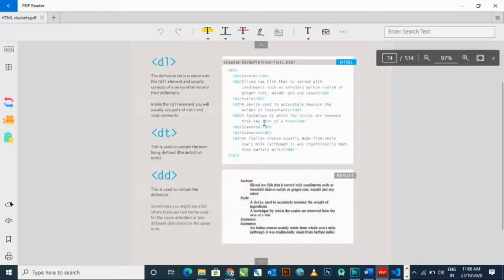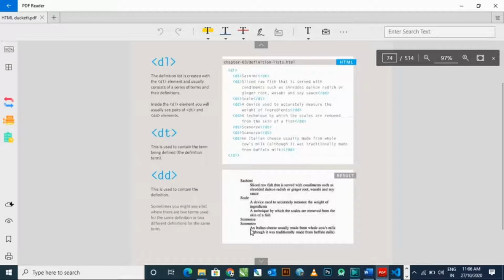You can also give a double description by using the DD element two times. One word's definition you can describe in two ways by typing two DD elements.